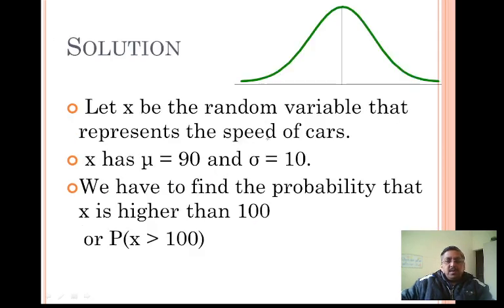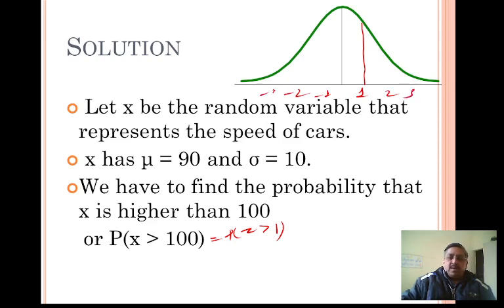So moving to the solution, we need to find the probability of z greater than 1, or the probability of x greater than 100. This is the translation, probability of z greater than 1, right? So let's draw a line. Say this is 1. Here we could have minus 1, minus 2, minus 3. Here we could have 1, 2, 3 and so on, down to minus infinity and up to plus infinity. This is the x-axis, and this is the trace of f of x, right?